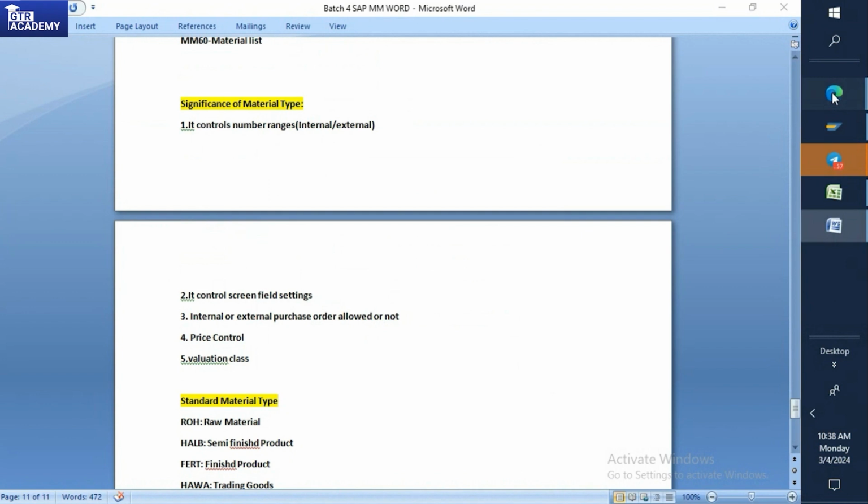Then it will go for the RFQ, like the quotation, and this quotation will be generated and go to the vendor. Then the negotiation part with the vendor. Then after that, creating a PO, then it will go to material to